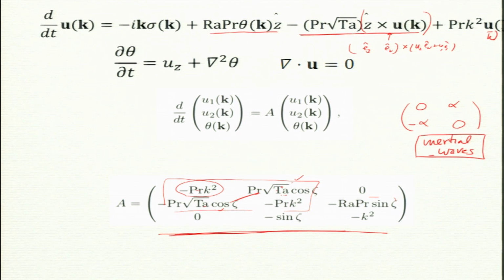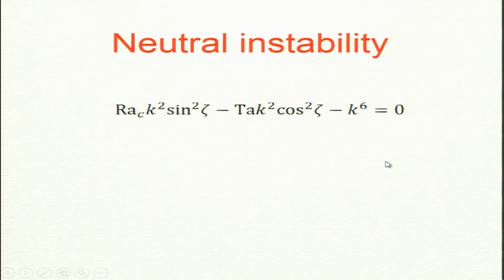Okay. And now let us look at the eigenvalues. This 3 by 3 matrix is not easy. I can't get all the 3 eigenvectors and eigenvalues by hand, which I could do for 2 by 2, but this one I can't. So, I can look only for neutral stability. So, how do we get neutral stability? So, 0 eigenvalue.